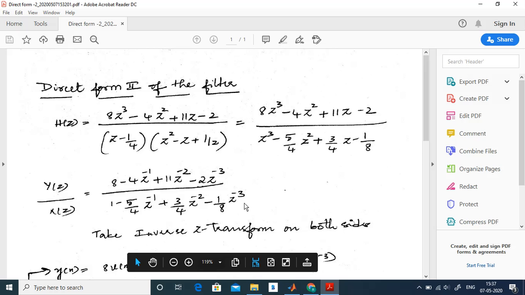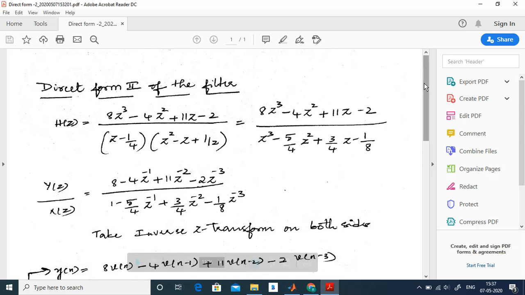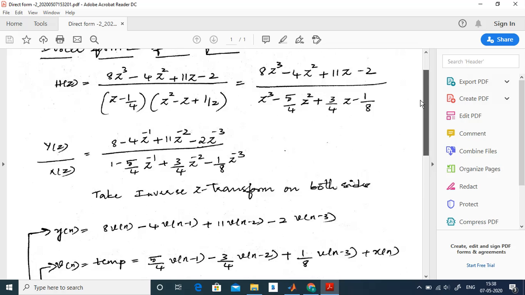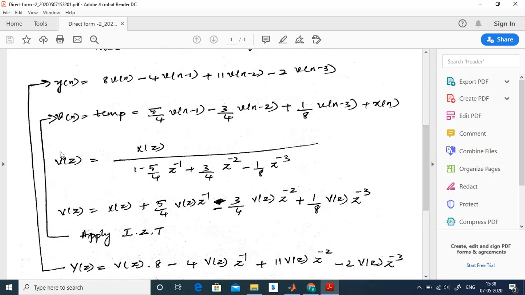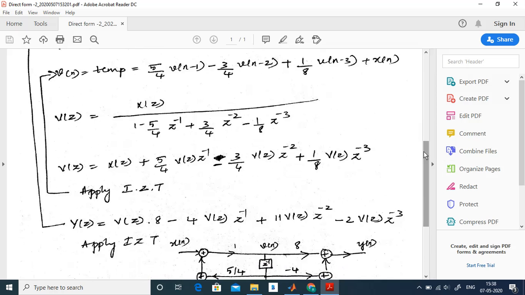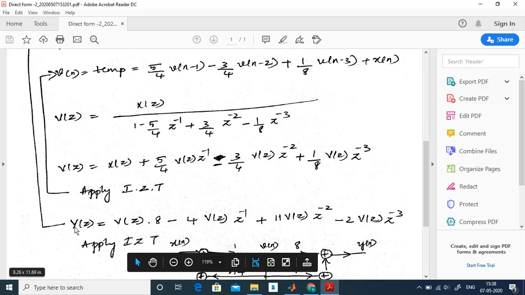Since this is direct form 2 realization, you know that in direct form 2 realization, you will get an intermediate function. So it can be expressed like this. That is intermediate function V(z) is equal to X(z) by denominator polynomial, which is nothing but all pole filter. Similarly, we have one more function which represents all zero filter, which is given by Y(z), that is equal to only the numerator polynomial multiplied by V(z).